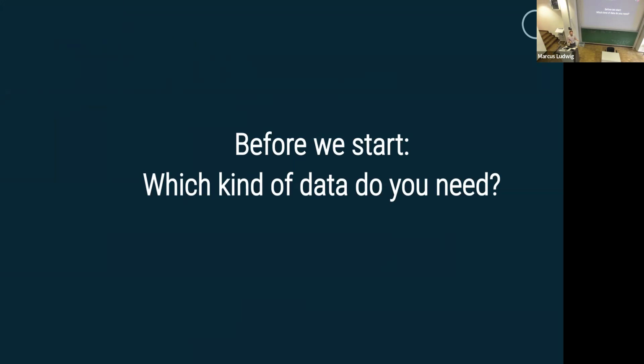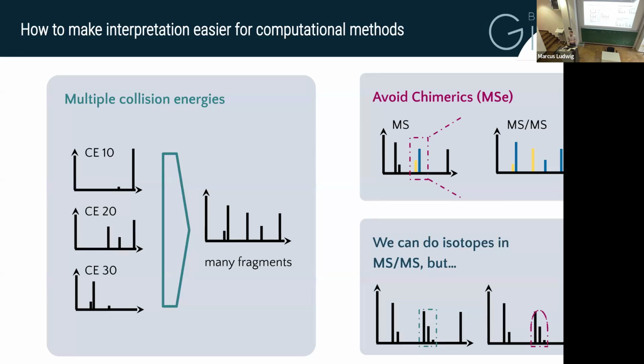Also, before we start with the hands-on, maybe one important thing to talk about first is what data do you need, what to input? And I'm not talking about input formats, but really, if you're designing an experiment and you know that you want to perform untargeted metabolomics, untargeted structure elucidation, then also the way you measure your data should match that you want to do this. And just maybe this is obvious for you, but